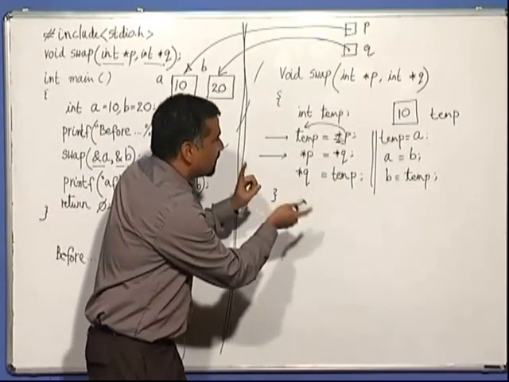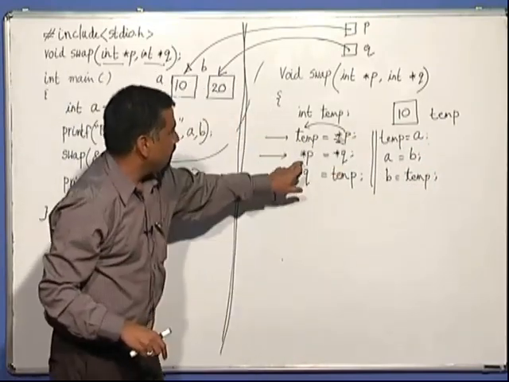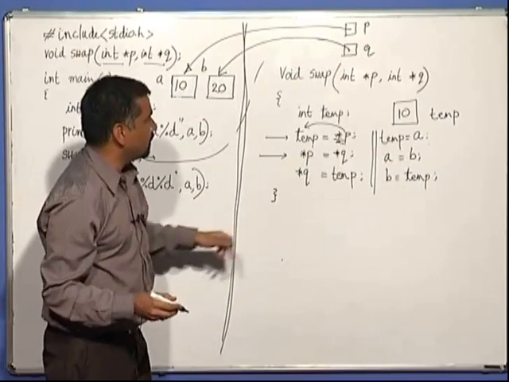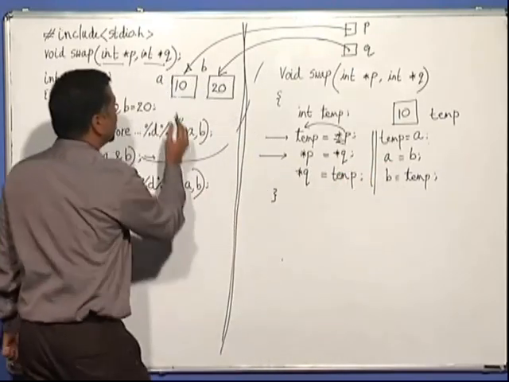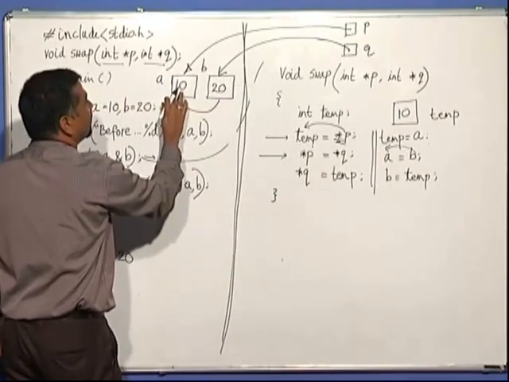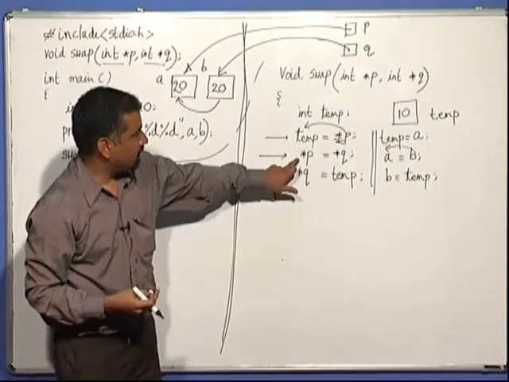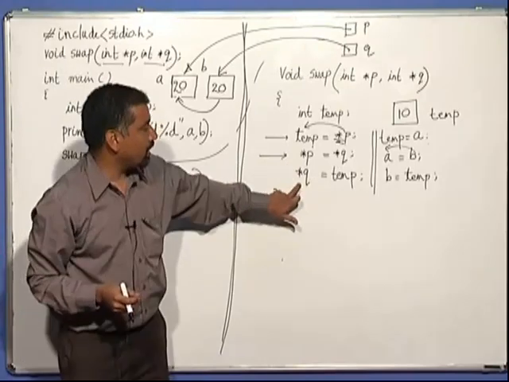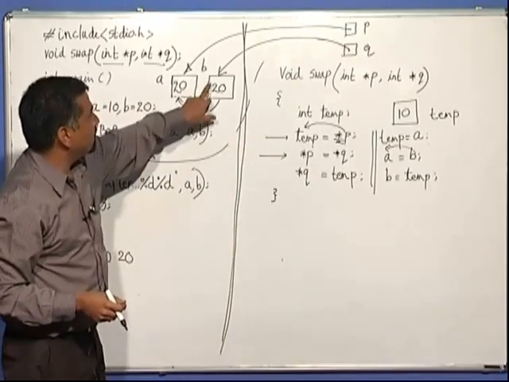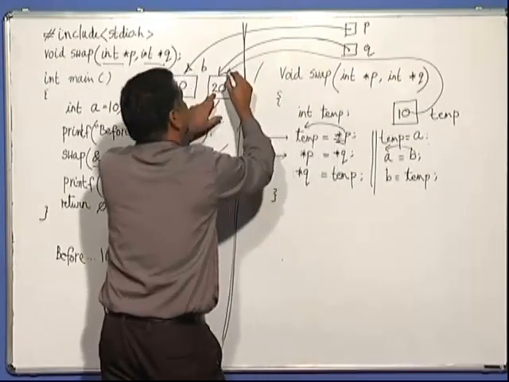So, when this transfer takes place, let us see what happens. Temp is equal to star P, which is 10. A is equal to B. Star P is equal to star Q. What does that happen? This is nothing but A is equal to B. So, it is nothing but B gets copied into A, because of the statement. And then star Q means what? Nothing but B. It is as if saying B is equal to temp. So, B is this memory location. Into that the value in temp gets copied, which is nothing but